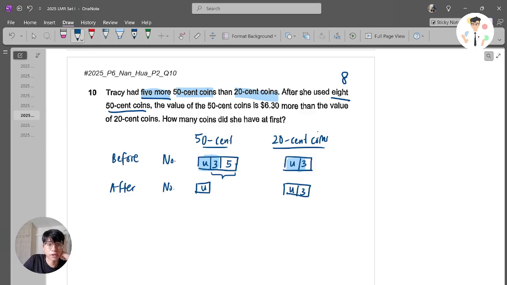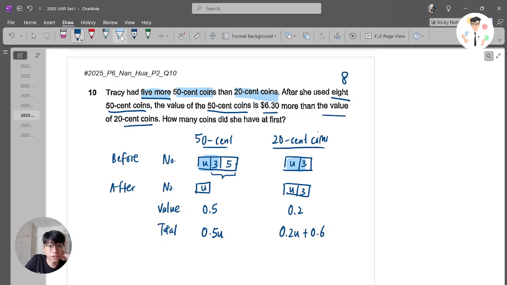Now let's look at the next part. The value of the 50-cent coins is $6.30 more than the value of the 20-cent coin. Okay, so now this is the number of, again, my value here is 0.5. Here is 0.2. Why? Because it's 50 cents, right? And the amount here will be 0.5 unit. The amount here I have is 0.2 unit